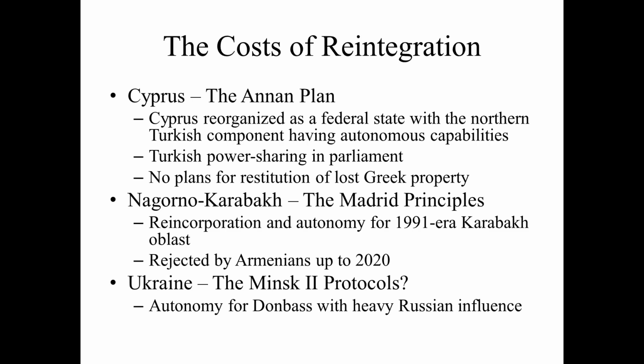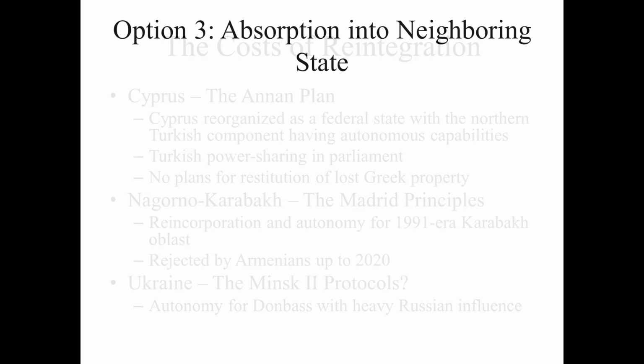When we talk about Ukraine, the so-called Minsk II protocols call for Ukraine's territorial integrity, especially with the eastern regions, to be preserved. But the Russian-held regions would be given a significant degree of institutional autonomy. The Ukrainian government is absolutely opposed to this because, once again, they feel that granting autonomy to these regions rewards separatists, rewards rebels and terrorism. It also gives Russia sort of a backdoor entry into Ukraine. So since then, Minsk II remains, along with the Madrid and the Annan plans, either dead on arrival or just part of the archives of each respective frozen conflict.